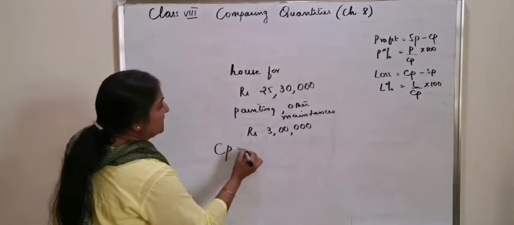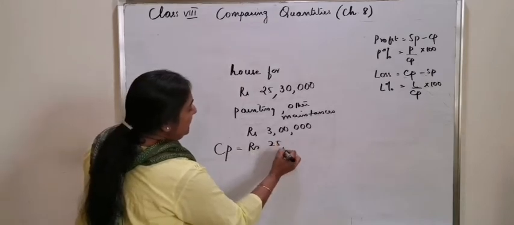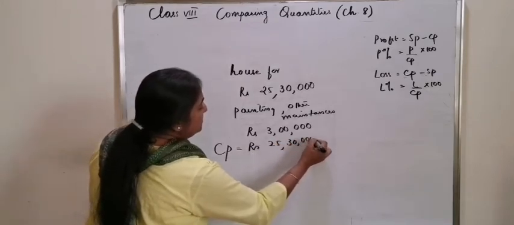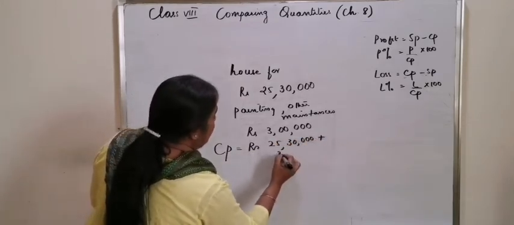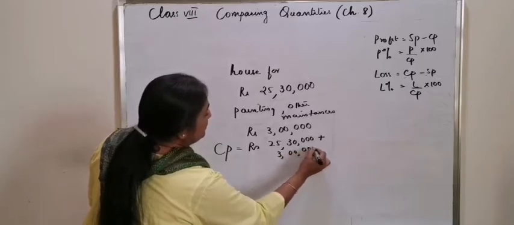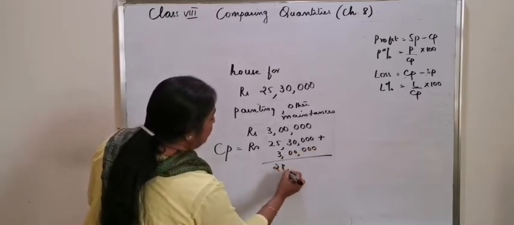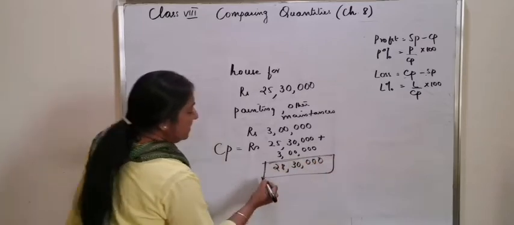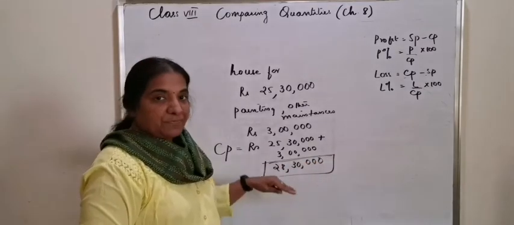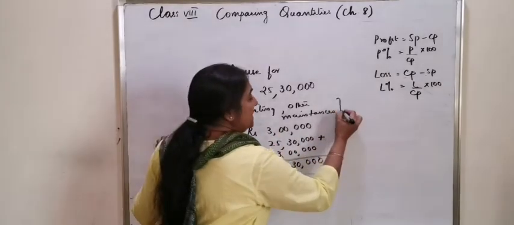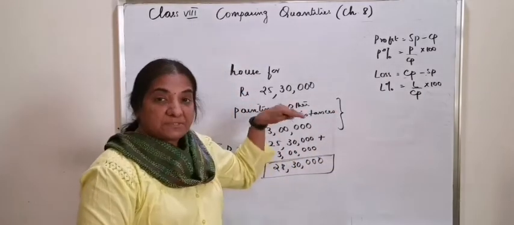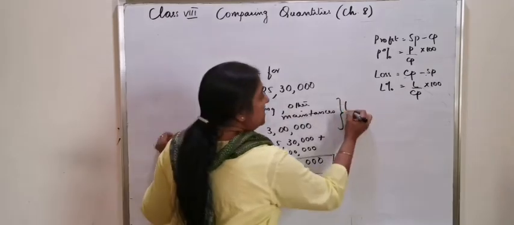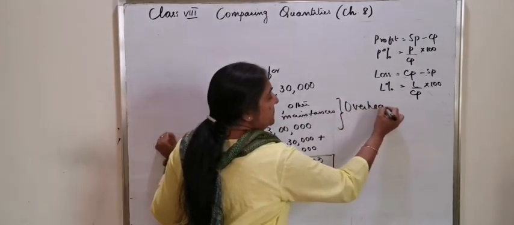The total cost price has become rupees 25,30,000 plus rupees 3 lakh that you have spent extra on it. That means you have paid 28,30,000 for the house. So whatever be the extra amount you are spending on it, we call it overhead